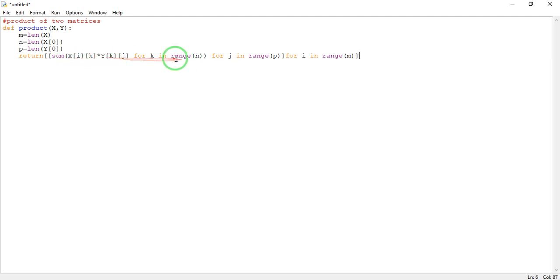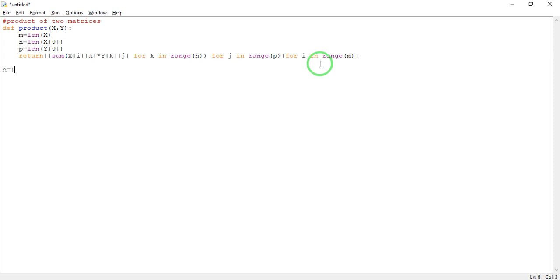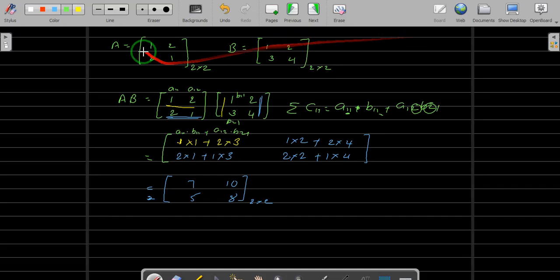So we take a sum with a for loop for k, the sum for the jth entry and then the ith entry, and then we have the return product. Let's see if we are getting the desired result. Let us take A to be the matrix 1 2 2 1, so the first row is 1 comma 2, and the second row is 2 comma 1.